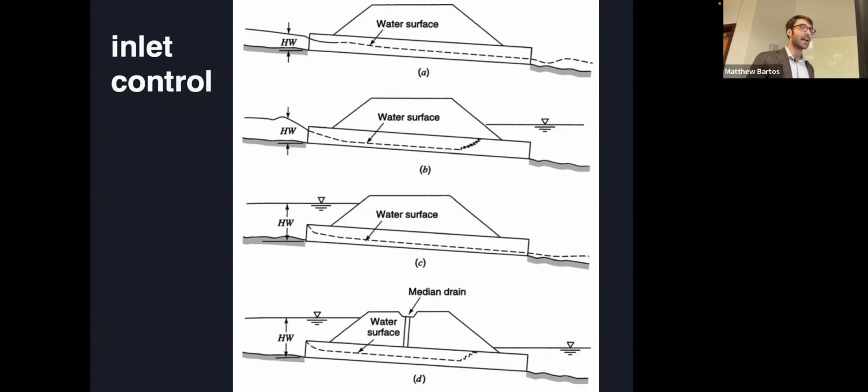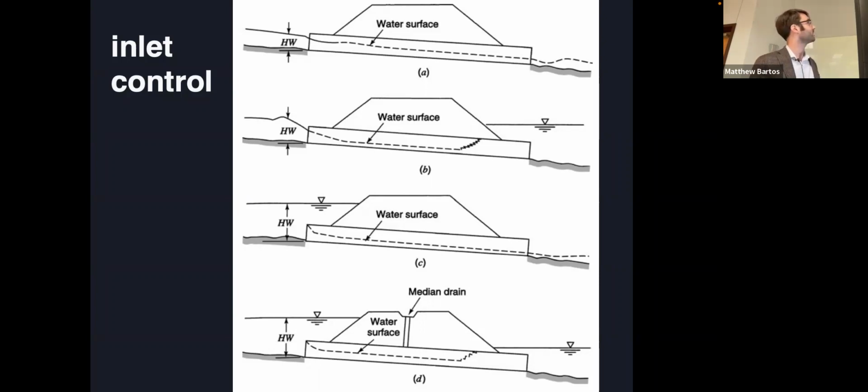In this case, the outlet is submerged, but the inlet is unsubmerged. Nevertheless, you have critical flow being achieved just downstream of the entrance, and the flow is mostly supercritical throughout the barrel, but you have a hydraulic jump near the end, and the culvert ultimately ends up being submerged on the downstream side. Okay. C, you have the case where the inlet is submerged and the outlet is unsubmerged, with critical